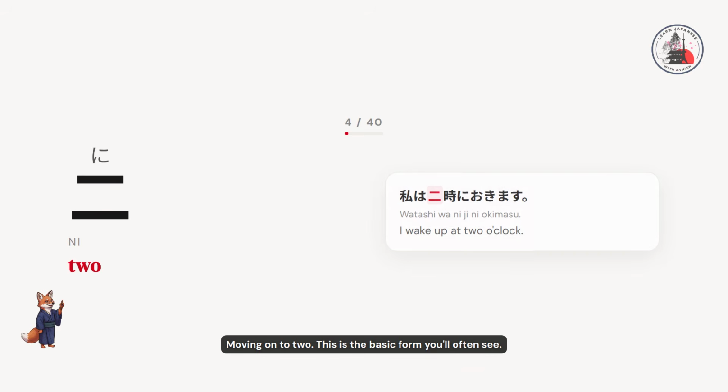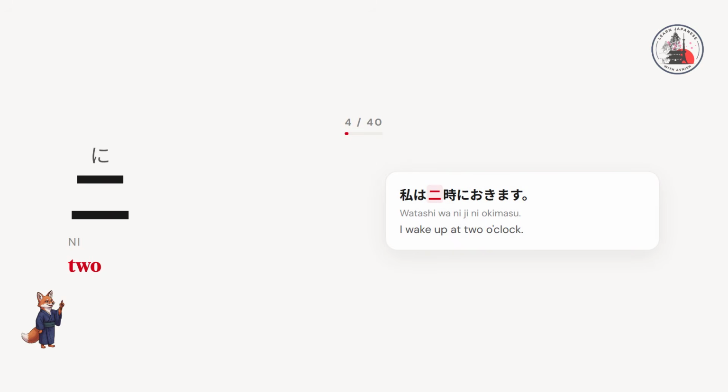Moving on to 2. This is the basic form you'll often see. 2、2。 An example. 私は2時に起きます。